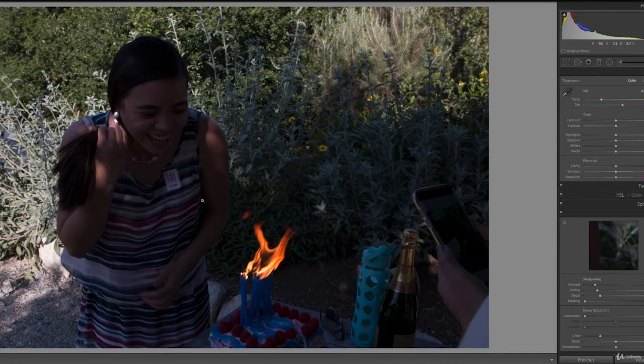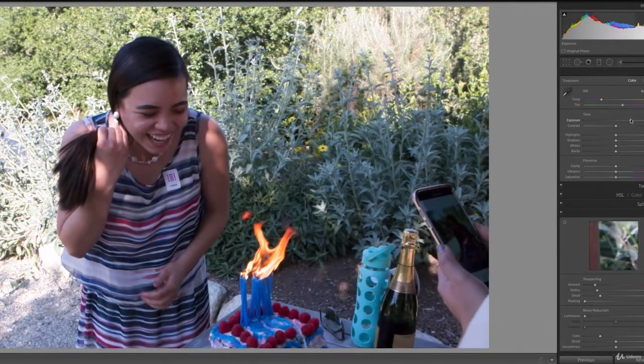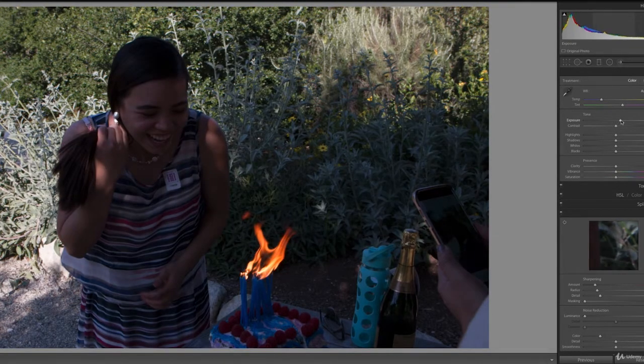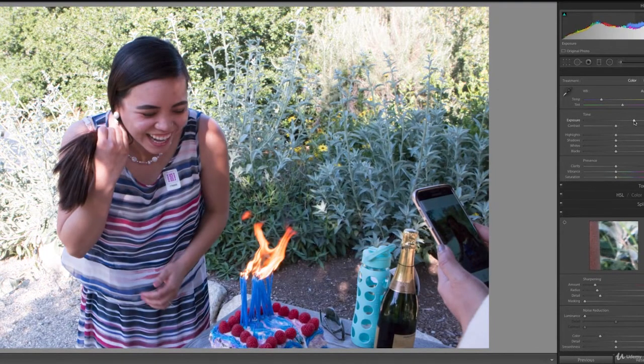So first, this is an image that I shot of my wife Isabel on her birthday at Huntington Gardens in Los Angeles, and it's so dark, and I just didn't have enough time to properly set my settings to expose. But because I was shooting in RAW, I can take an image like this and bring up the exposure. You can see that this photo has so much information that even in the shadows, we have enough information to be able to expose properly to my wife's face, which is the most important part of this image.